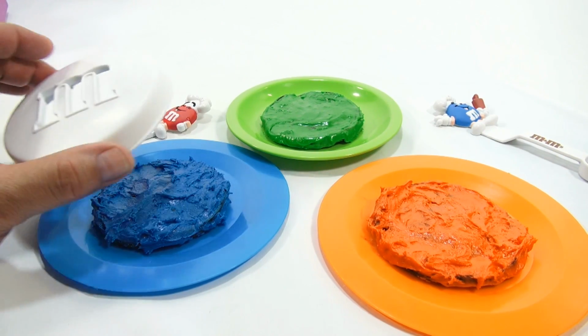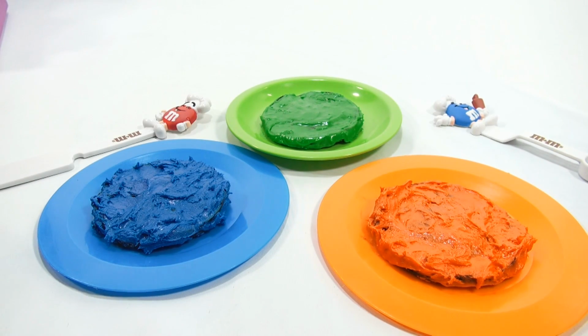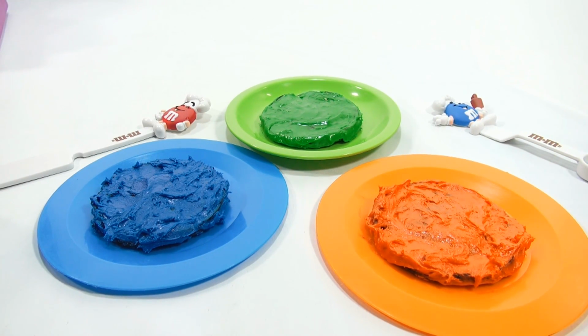How exciting. I got to decorate my 3 M&M cakes with my M&M stencil. You've got to watch the rest of the video to see the 2006 Easy Bake Oven and how I get